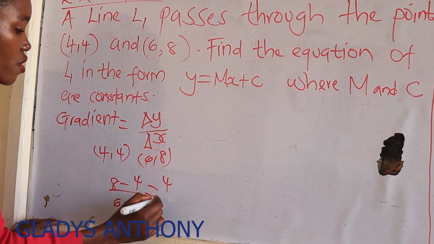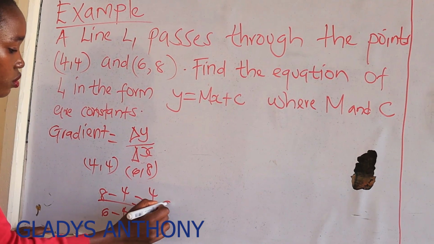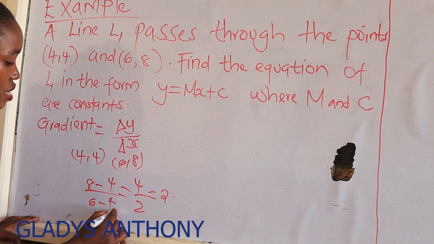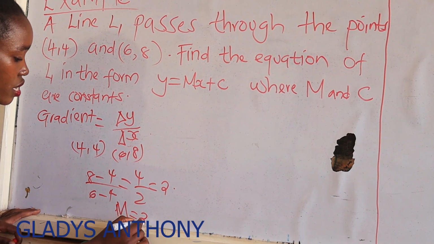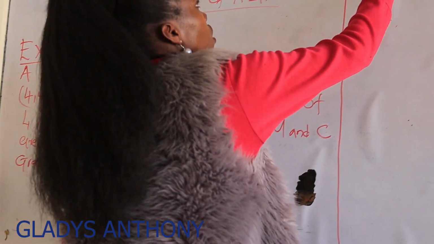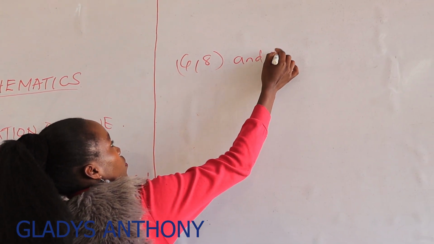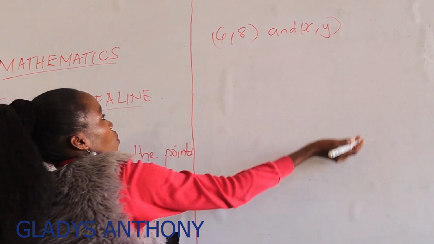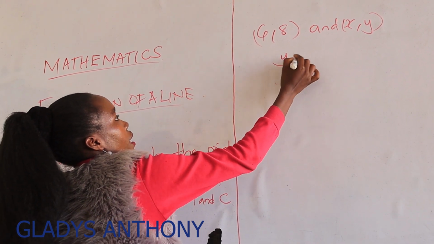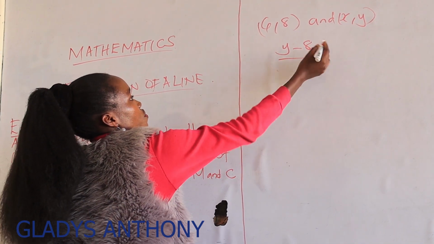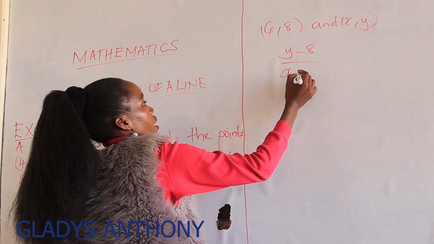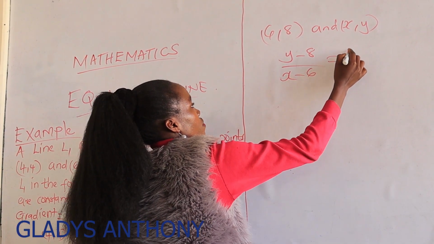So this will be 4 over 2, so our gradient m will be 2. Now we take the point (6, 8) and (x, y). So we say y less 8, divided by x less 6,